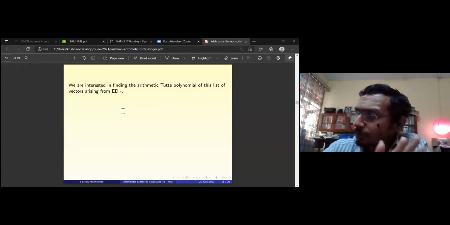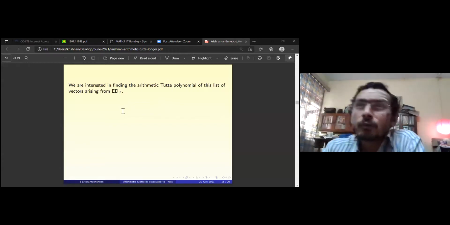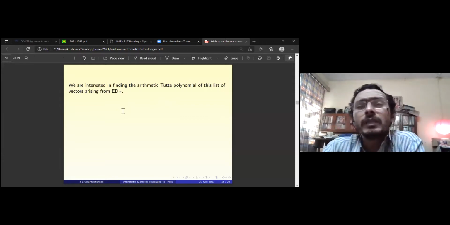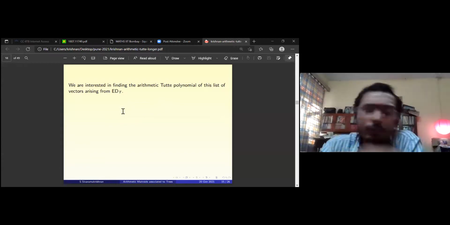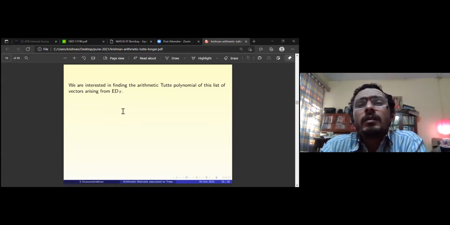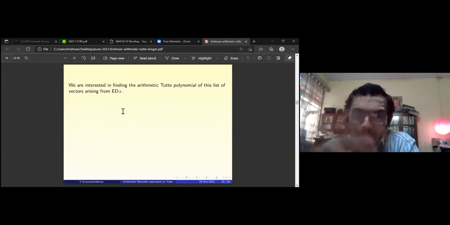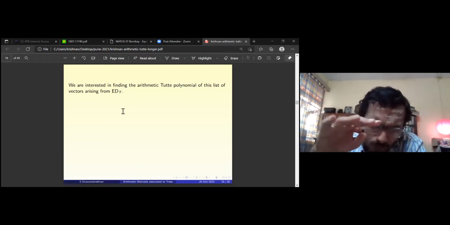That is, I try to use computers and try to prove something. So of course you have to read some background and then you try to do something. So when we were doing this work with Bapat, I was asking, do we get something when you treat these vectors, either row vectors or column vectors, it doesn't matter, it's a symmetric matrix. So you either treat the row vectors or the column vectors.